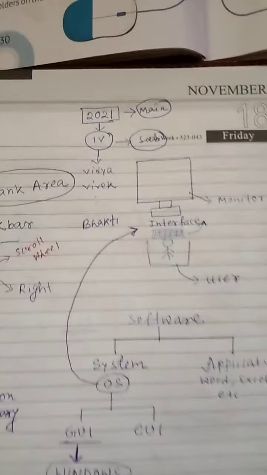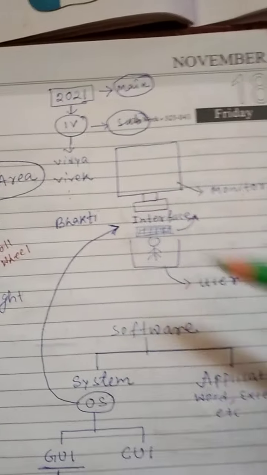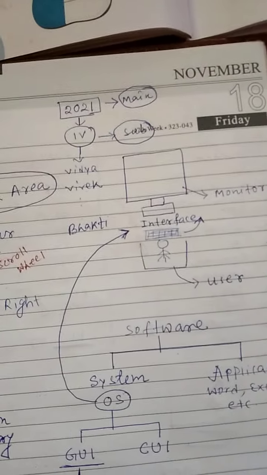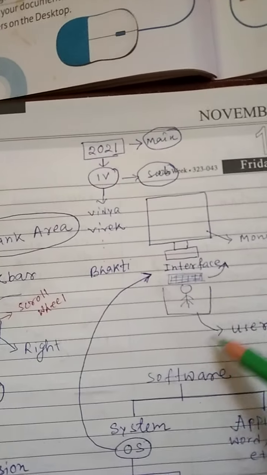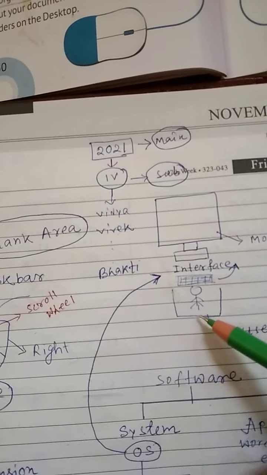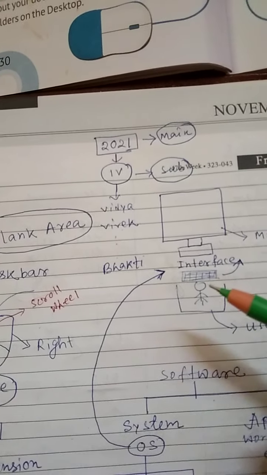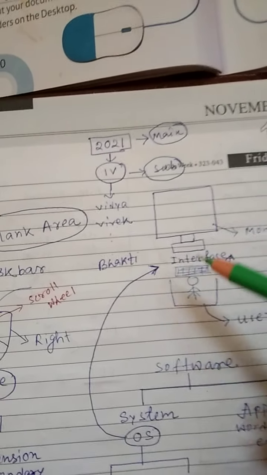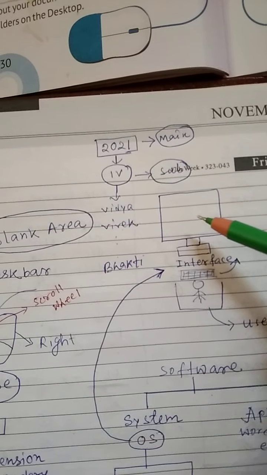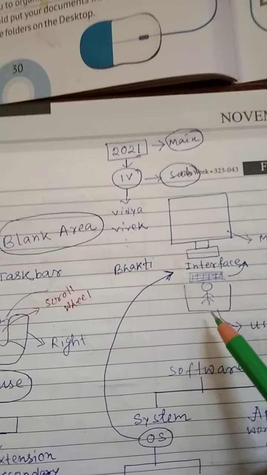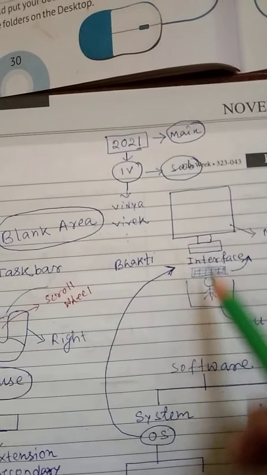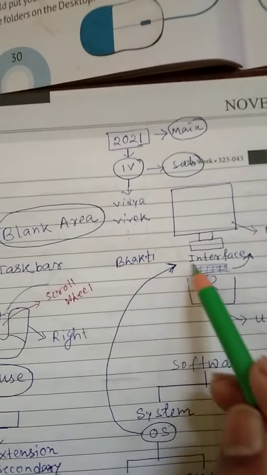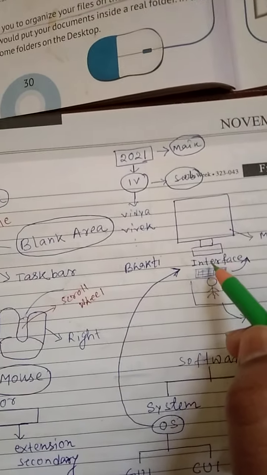So look here, another example. The other example is Windows. Look here, it is the monitor screen and it is the user. Suppose you open the computer screen. What can I do for you? It is an interface. Through this interface you can interact with your computer. So what is an interface? The operating system acts as an interface.